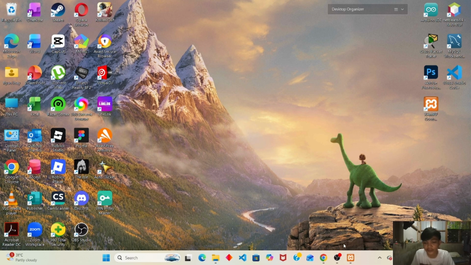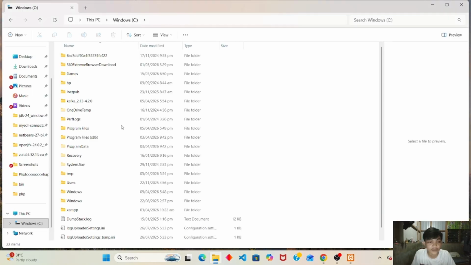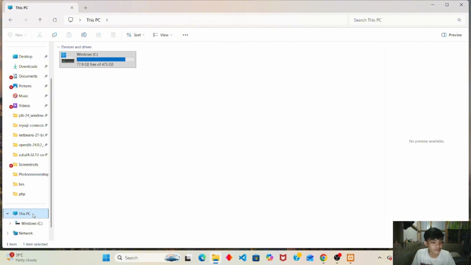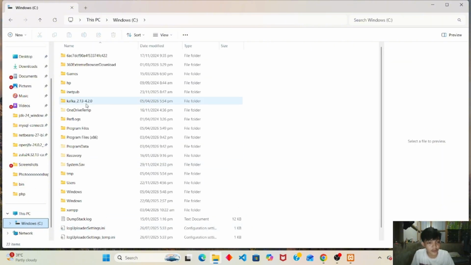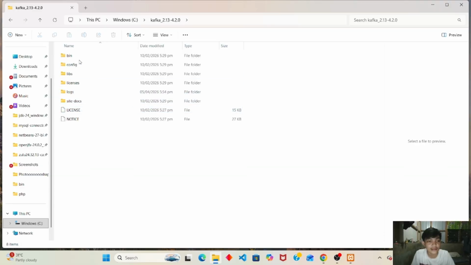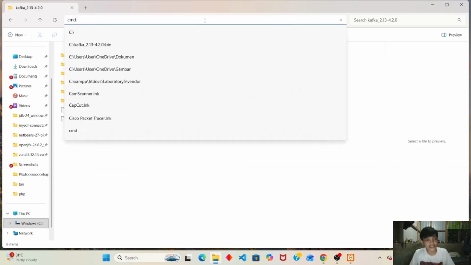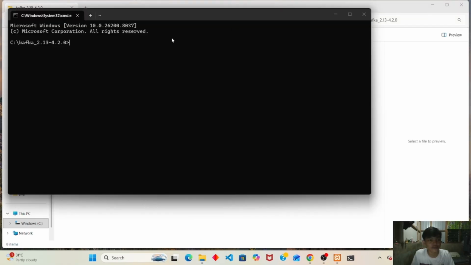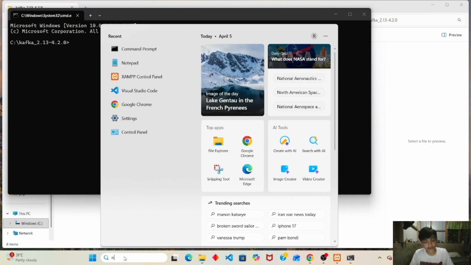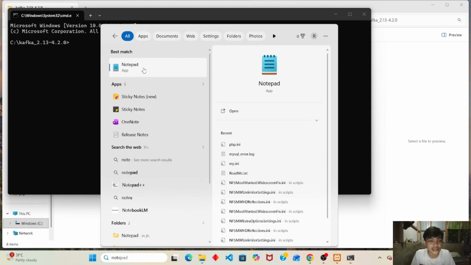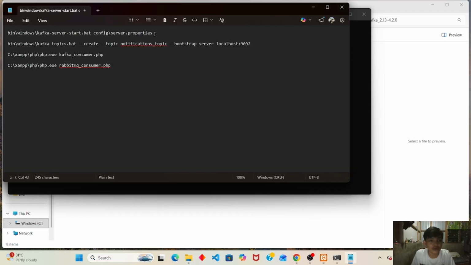Now we're going to proceed to our notification system, but first we're going to open Kafka so that we can see the process and how this works. We're going to open CMD here. I have also ready the code that I used in the previous video. So we're going to open and activate the Kafka server properties.